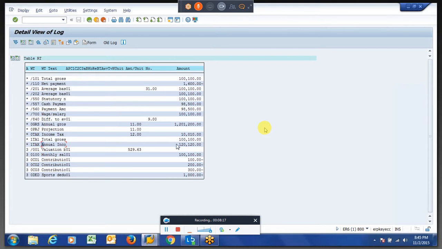So if the employee should get the exemption, whatever exemptions, it should be subtracted from this wage type 1TX, and the tax should be calculated basing on the reduced amount. That is what the exemption is.